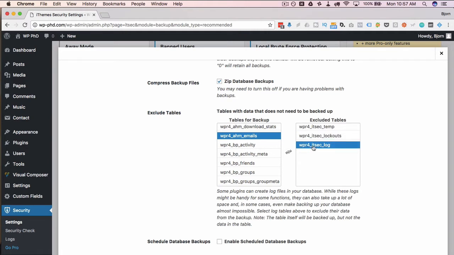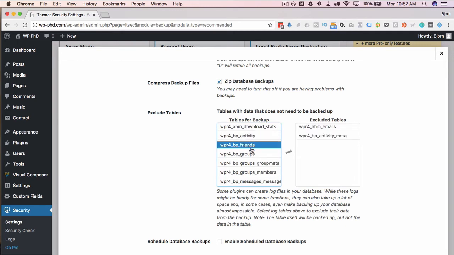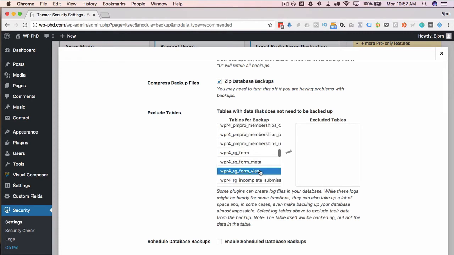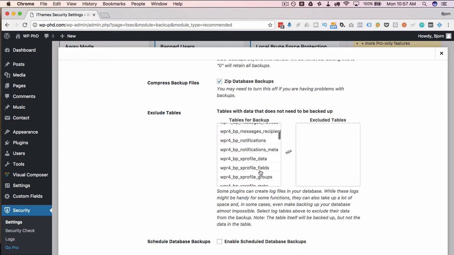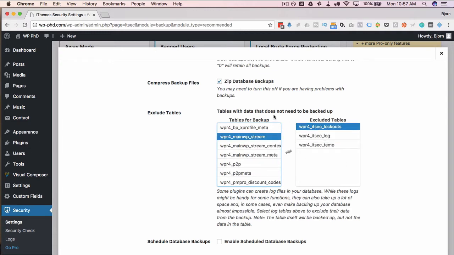You don't have to do this if you want. You can check these or click on them and they leave the excluded tables field. You can click on any other ones and they're put back into that field. So exclude the tables you want to exclude. If you're not sure, keep all your tables. I'm just going to put the iThemes ones back, if I can find them quickly. It's alphabetical, I think it wouldn't be that hard. Okay, there they are. So I put those back in.